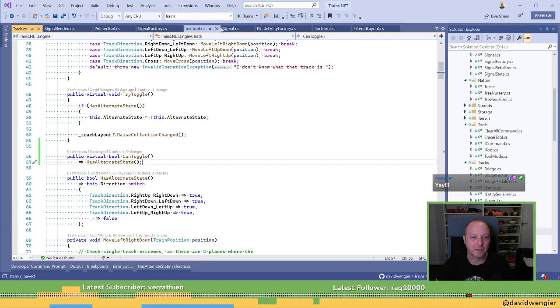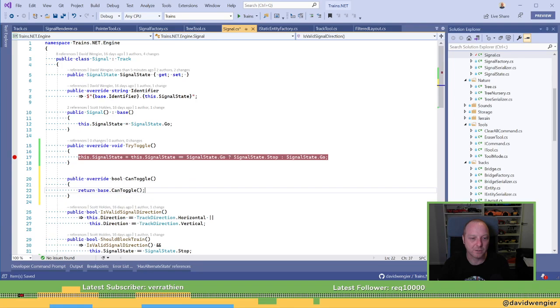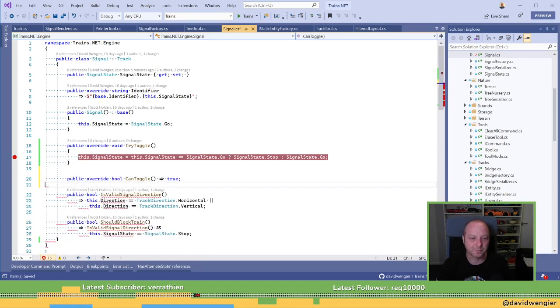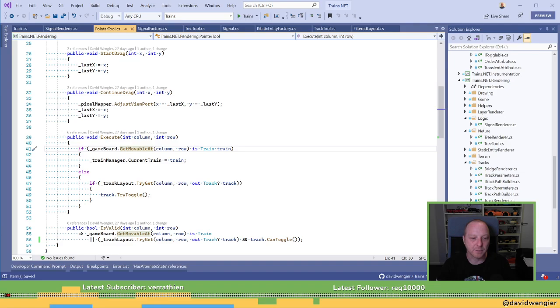And then in signal, it will override can toggle with true. Okay. Oh, and this needs to be toggle. Yep. That makes sense.